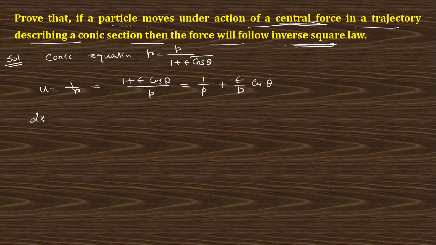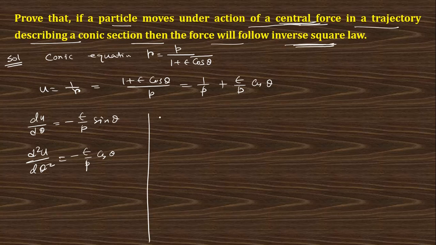If you take the derivative, du d theta will be minus epsilon by p sin theta. So d2u d theta square is minus epsilon by p cos theta. Now we put this into our general equation, that is d2u d theta square plus u equals